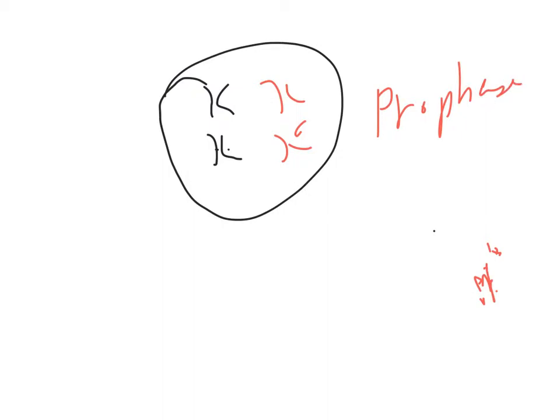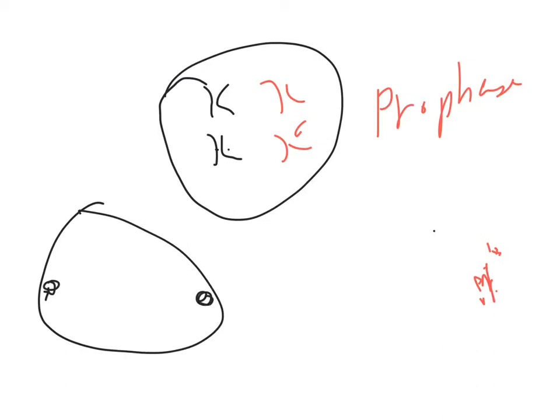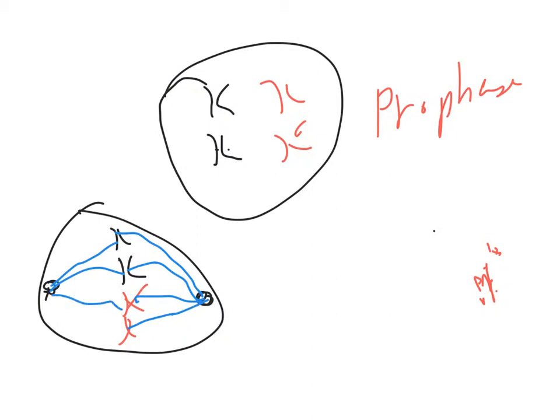Then we have, on either side here, these chromosomes that line up along the metaphase plate, and these each go to the centromeres in the center. And then finally, we've got